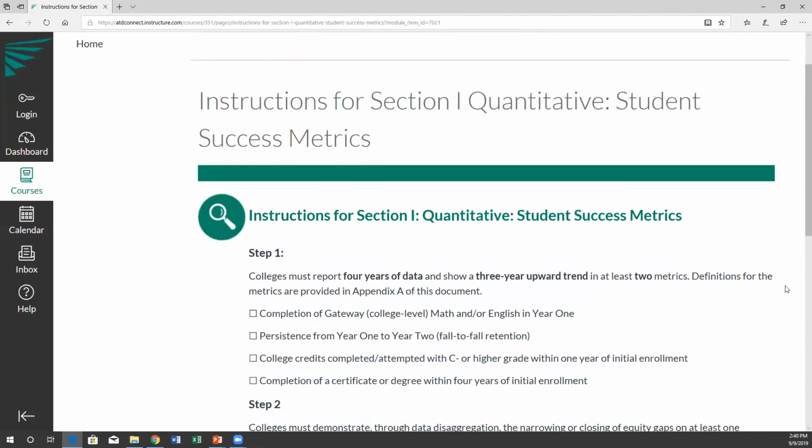Component 1 of the Leader College application starts with the quantitative evidence, which has 2 parts. First is the data template.